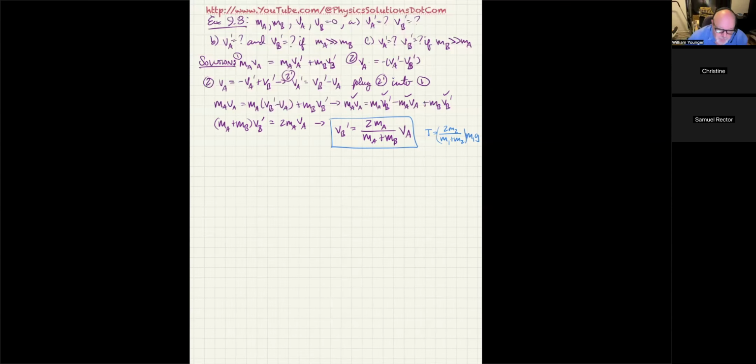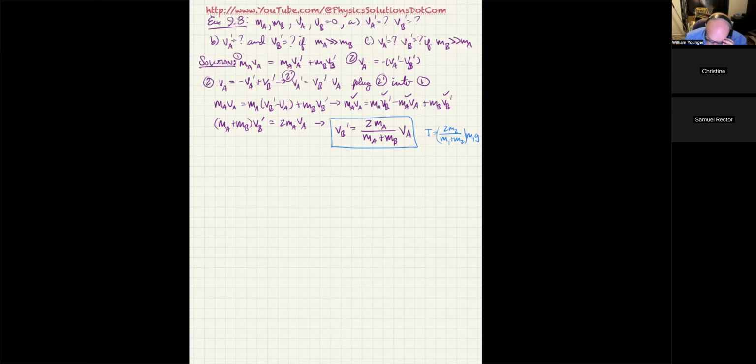And your book specifically, if you look at the end of the chapter, there's a problem number 64, I think. No, 34. Problem 34, where you can do this exact same process without assuming the initial velocity VB is zero, and you can get an actual full two-term expression for VB prime and VA prime. I highly recommend you doing that. If you can do problem 34 at the end of chapter 9, you're in a good spot for knowing how to do this algebra and conservation of momentum stuff.